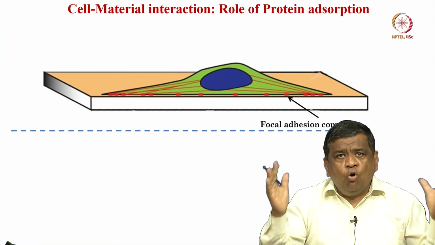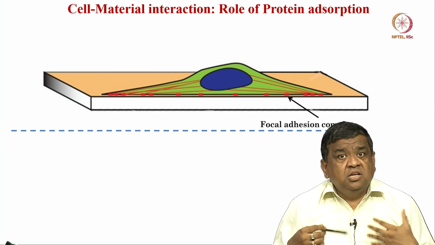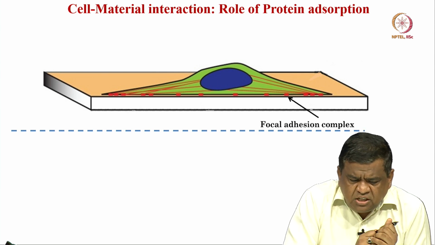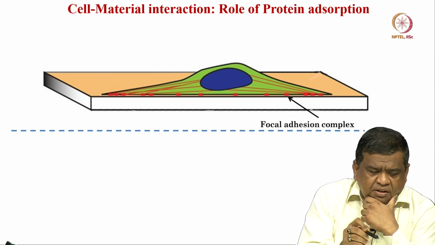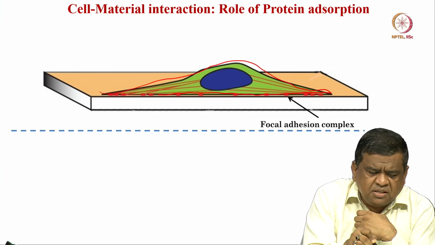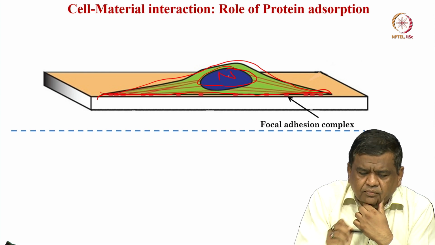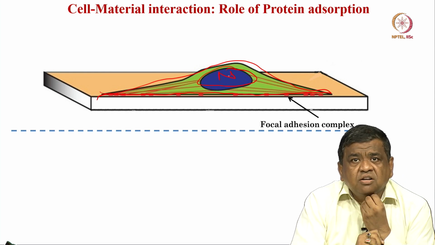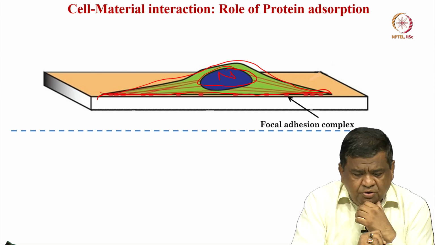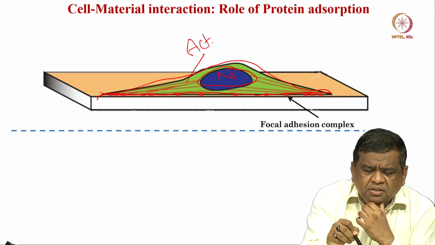Now, what is the core of the science of how synthetic biomaterials interact with the biological system components? So, this cartoon essentially shows a eukaryotic cell. The way I am sketching, this is a nucleus. This is the eukaryotic cell. Nucleus contains genetic materials like DNA, which has been mentioned a number of times in the last few lectures. Now, this is the cytoskeleton, or actin filaments in the cytoskeleton.